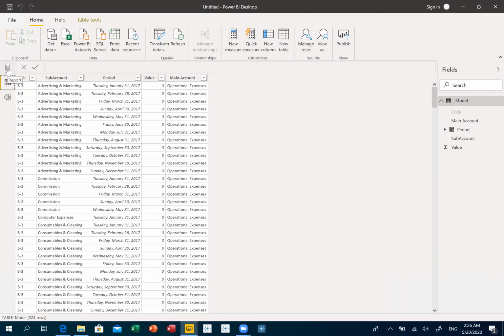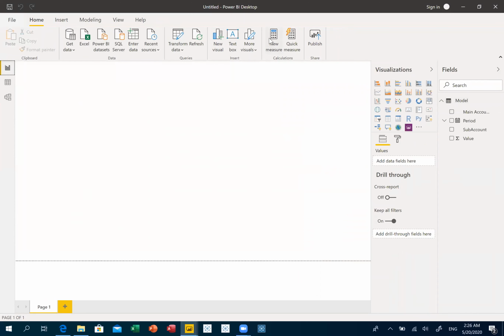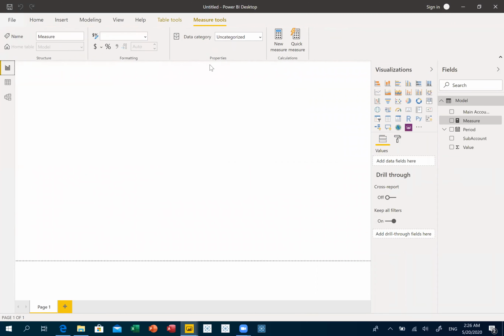Now we will see our modeling part. We can go here and it is already unhighlighted. Okay, we have main account, period, sub account, and value. We need to create a measure. So let me click the new measure under the calculation tab, options, new measure, amount